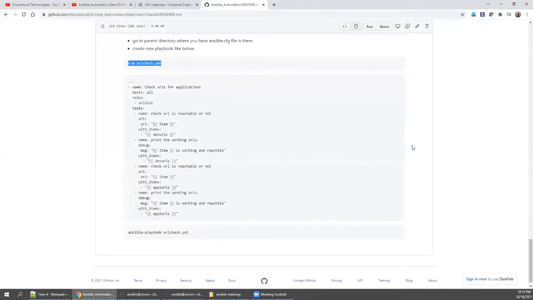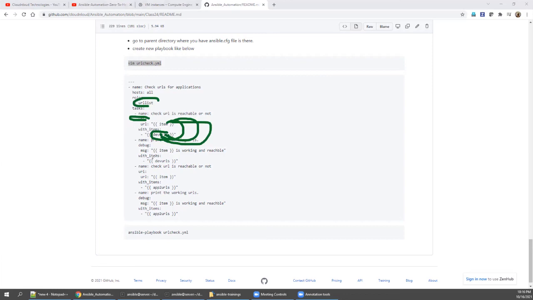So here also, what I'm doing is the URI module, okay, I am feeding the URL. Instead of passing the direct value, I am mentioning the section name, right? Since I mentioned the role name, automatically this will be checked under this role's vars, and from this section, the first URL will be fed and checked. The second URL will be fed and checked. The third URL will be checked. Like that, 5 URLs, after completion there is no value, so it will exit.